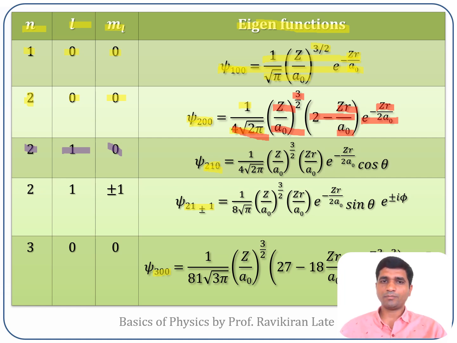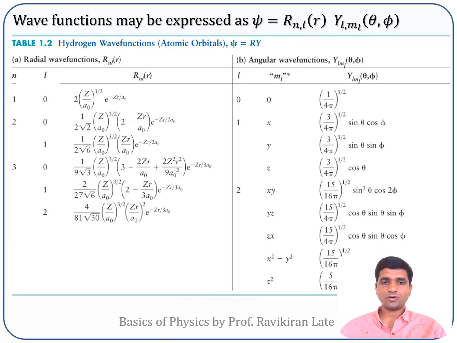So you just have to remember the first wave function, which is psi 100. In some textbooks, these wave functions may be written in a different form. Sometimes the wave function is expressed in terms of a radial part and an angular part. The angular part, theta and phi, is combined to give Y_L^ML, which we call the angular wave function, and R_nL is called the radial wave function. This is just a separation into the radial part and the angular part.